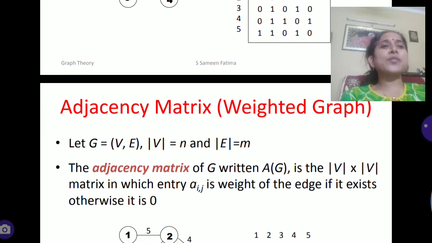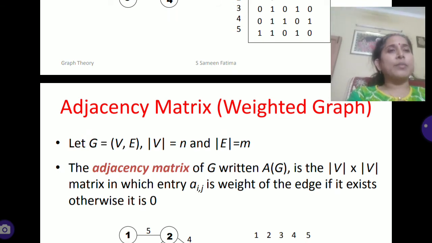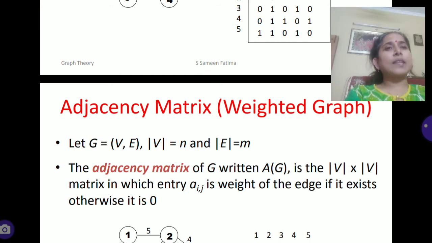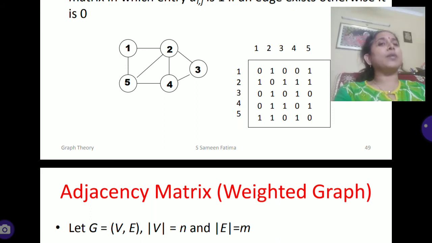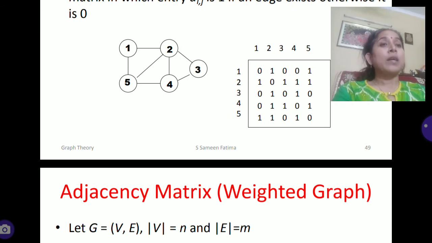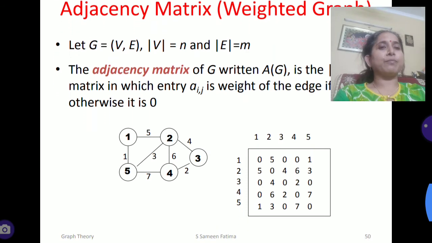Adjacency matrix in the case of a weighted graph. In the last lecture, as we discussed yesterday, I told you what a weighted graph is. If this is a simple graph, marking is done in terms of ones and zeros: edge present or edge absent, 1 if present, 0 if absent. If I convert this same graph into a weighted graph, I am going to label the edges with their weights, that is, the distance between the two vertices. Now in that case, instead of writing the marking as 1 and 0, you are going to put the weight into the matrix. See this example.